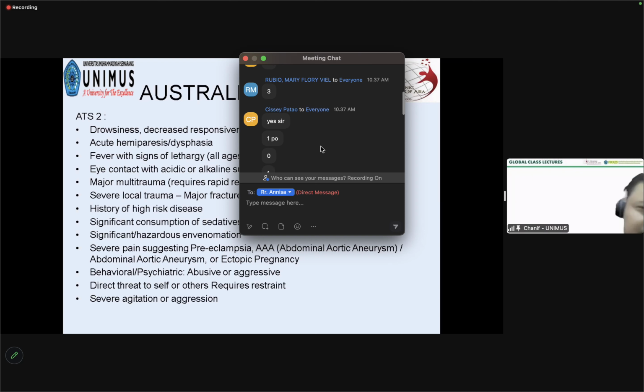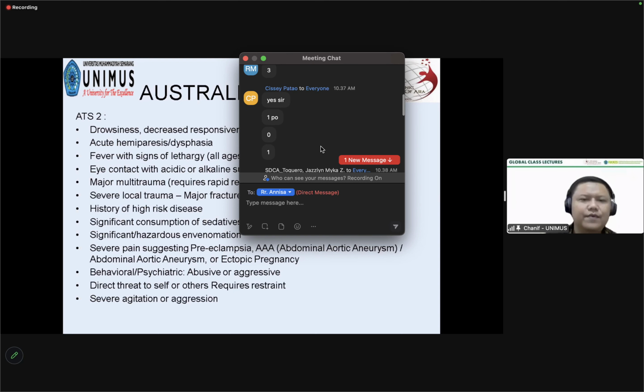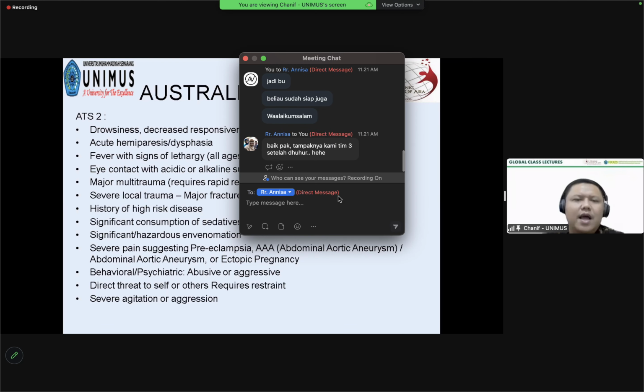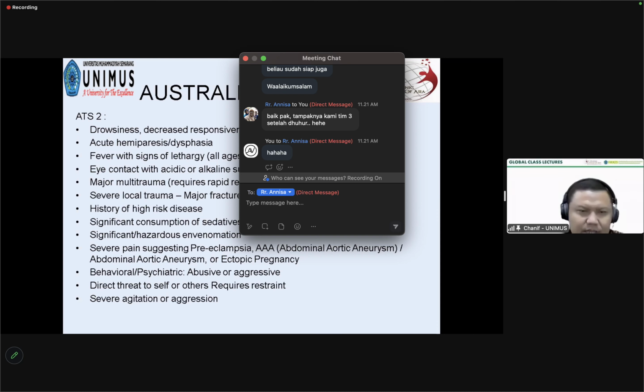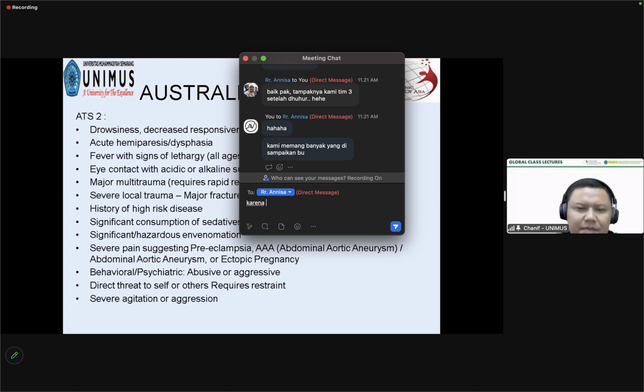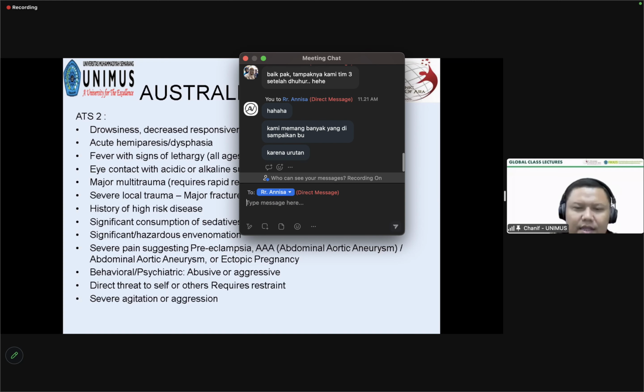Acute hemiparesis or dysphagia, fever with signs of lethargy, eye contact with acid or alkaline substance requiring irrigation of the eye, and then major trauma, multi-trauma requiring rapid response from an organized team, severe local trauma, for example fracture or amputation, history of high-risk disease, significant consumption of sedative or other toxic substances, significant or hazardous inflammation,